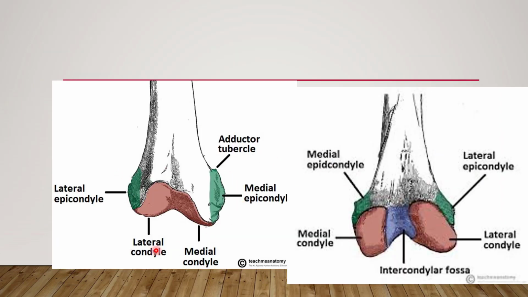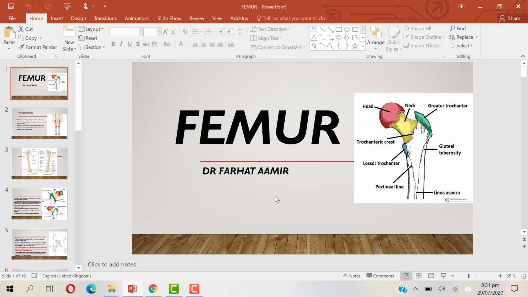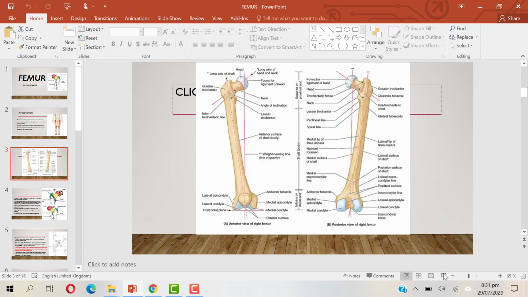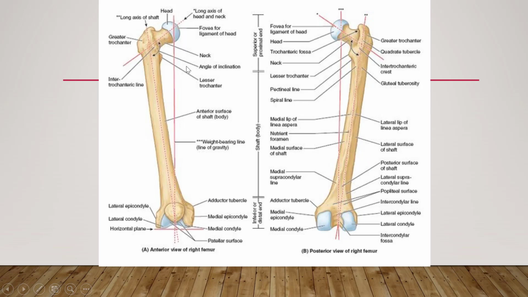See here again, this is the same diagram for the lower end of the femur. What we have discussed, I will revise again, some of the features of the femur. See here, this is the proximal or superior end of the femur, having the head. The head has articular cartilage, but a small pit remains which is not covered by the articular cartilage. This is called the fovea, which gives attachment to the ligament of the head of the femur. So this is the head of the femur.